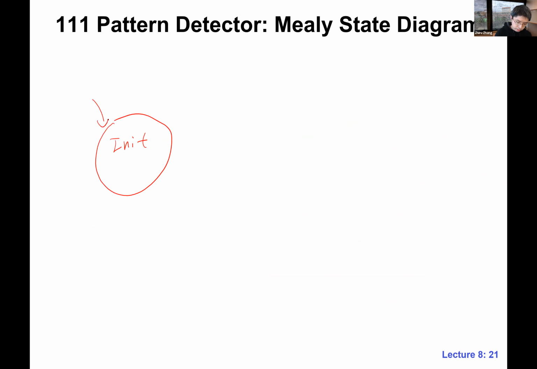Init, right? We reset it here, but we don't want to put anything in the bubble, for Mealy. So what do we do? When we have a 0, we stay here, but we also output 0. This is Mealy, right? And if you have 1,